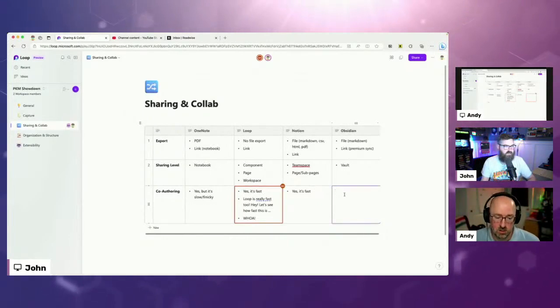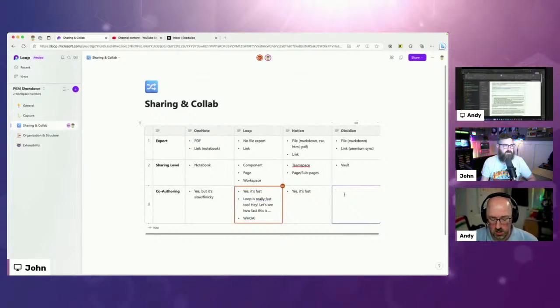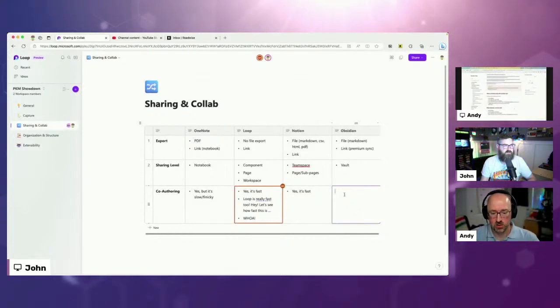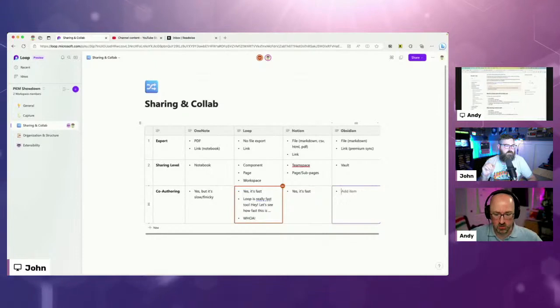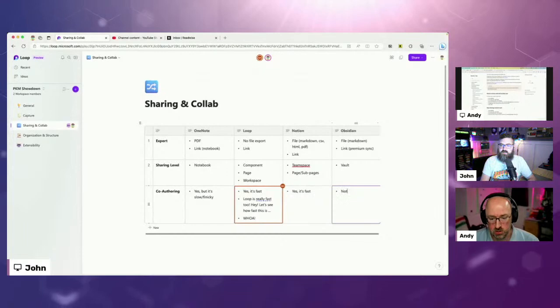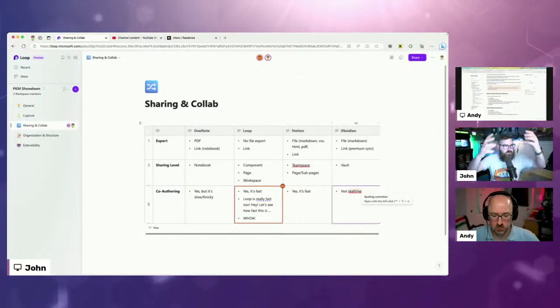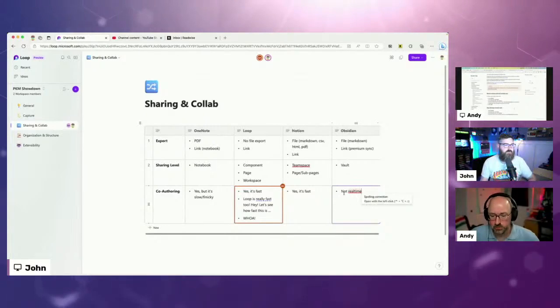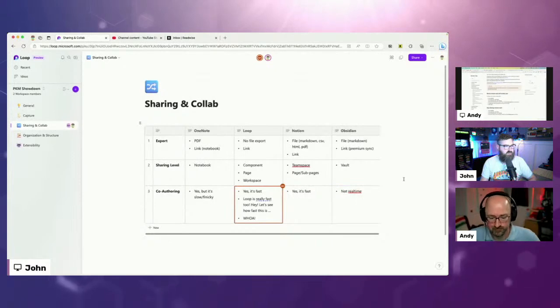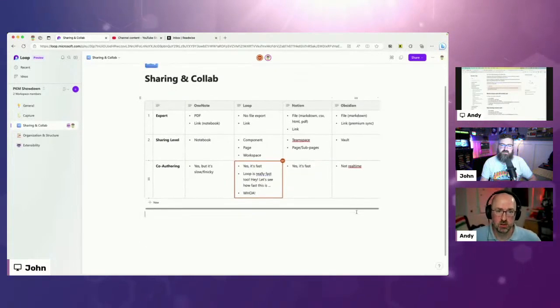Is there really the concept of co-authoring, or are you really sharing the vault? You're sharing the vault, and so it's going to allow people to access files within the vault, but I don't believe it allows them to work at the same time. Okay, so like not real time, right? They're getting a local copy. They're working with it. You're working with it. It uploads and syncs back and forth, but it's more of like a scheduled sync. Is that a fair way to describe it? Yeah, it's going to be like a saved sync. Okay, last one to save.